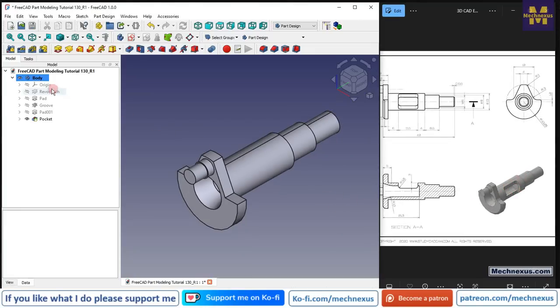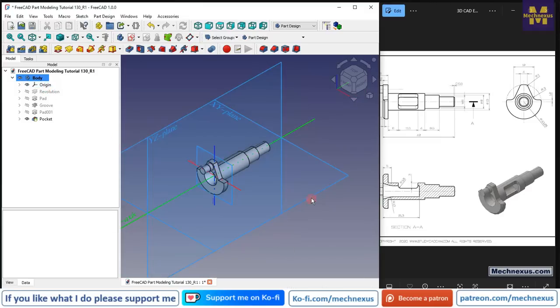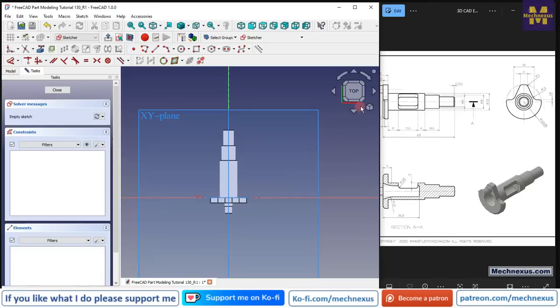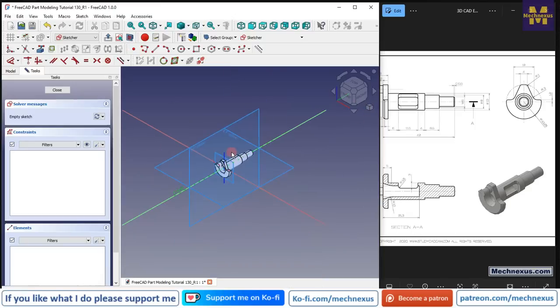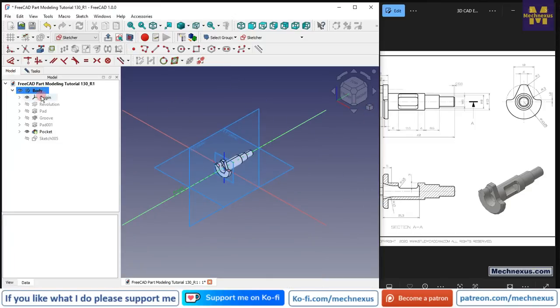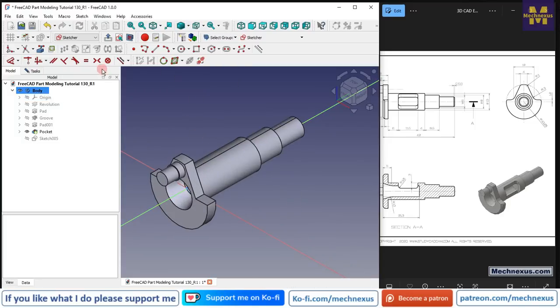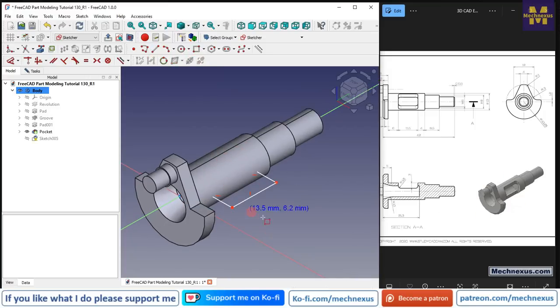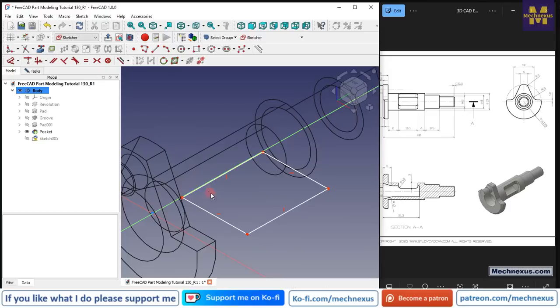To create this cut, we will go to the origin plane, select this top plane and click on the sketch, and now we will switch to the isometric, go to the model tab and turn off the origin, and from here we will switch to the flat lines. And now here I will select a rectangle tool and create a rectangle. And now let's switch to the wireframe view,